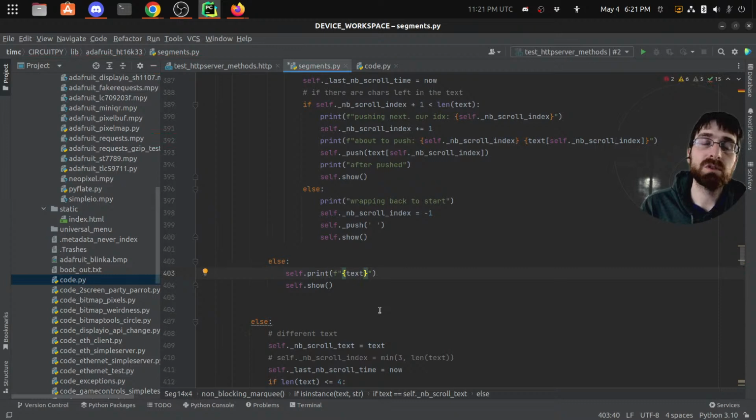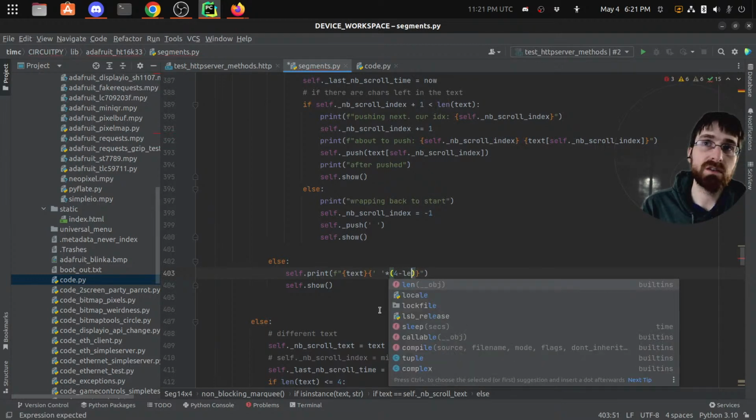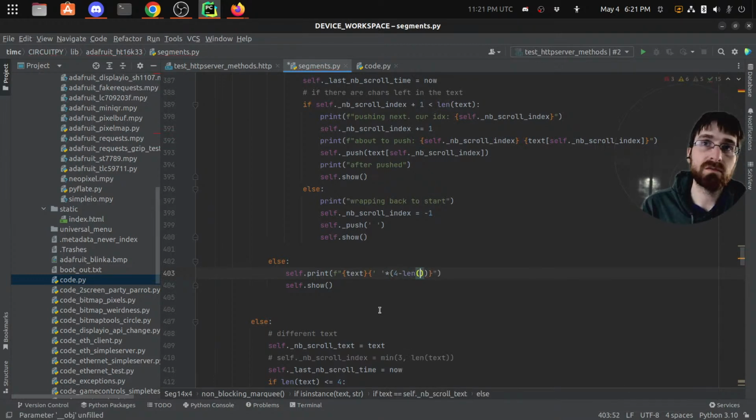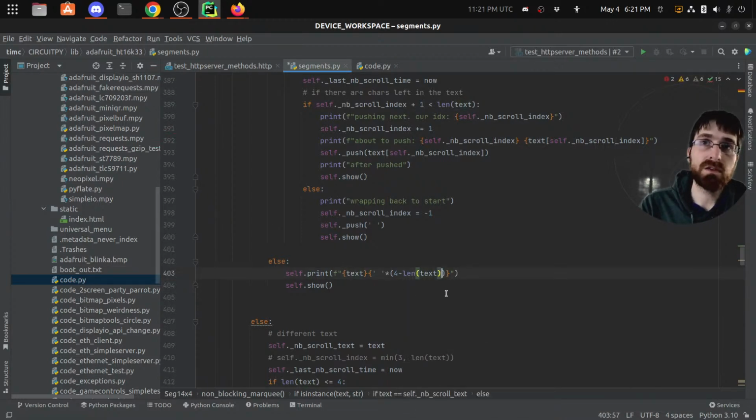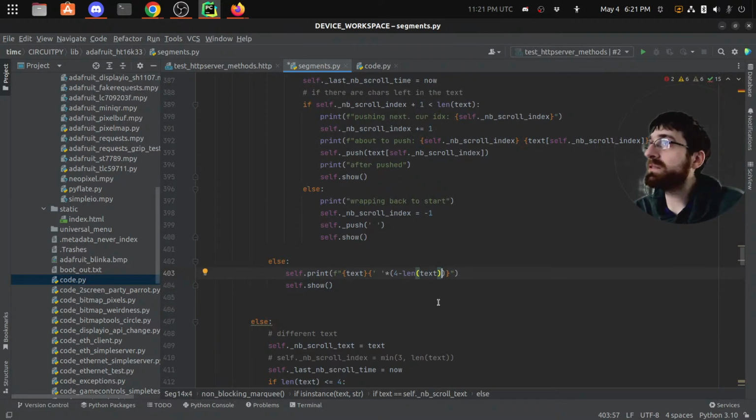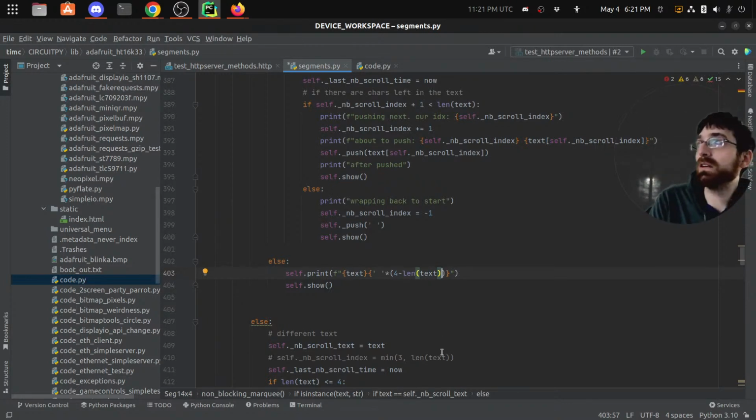Then it's going to be space times 4 minus length of text. So if text were a length of 2,